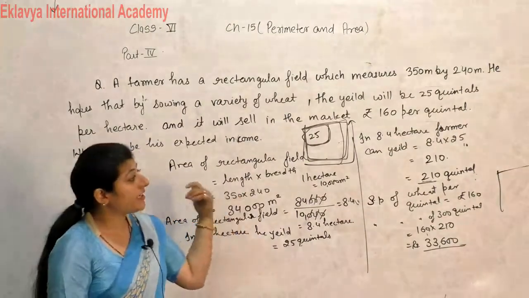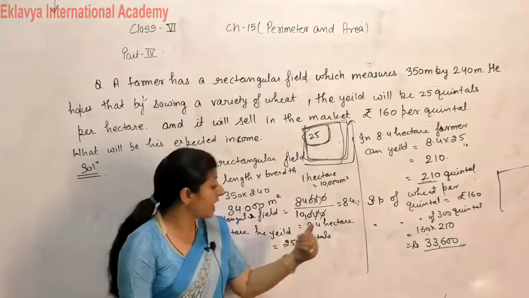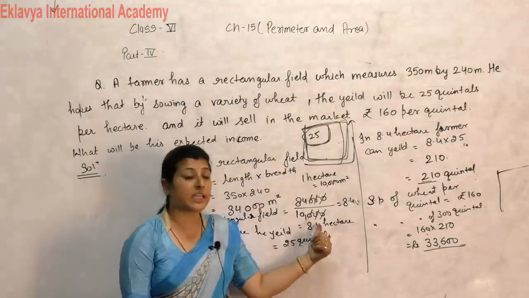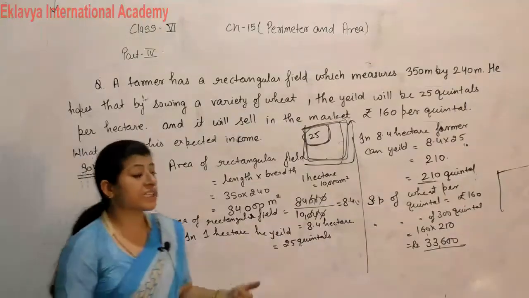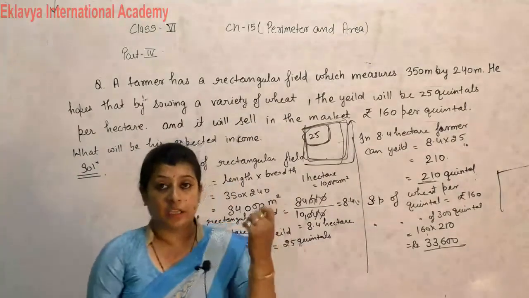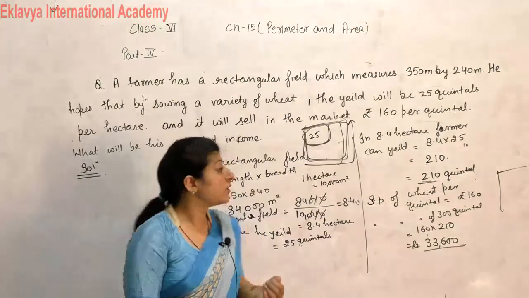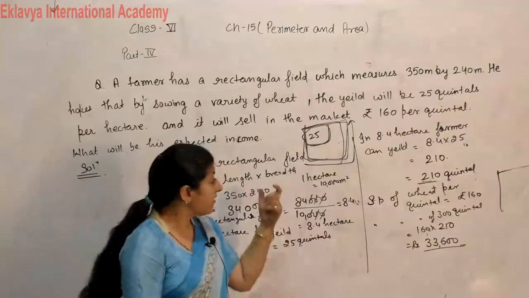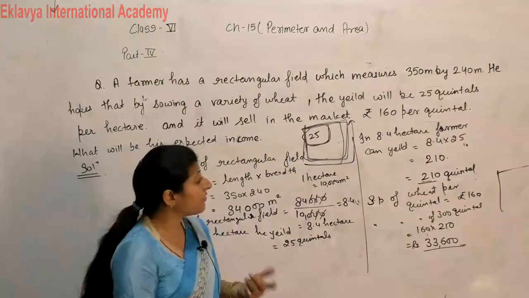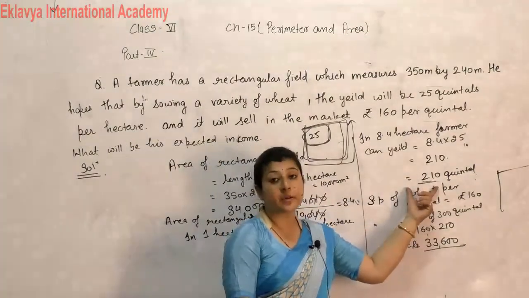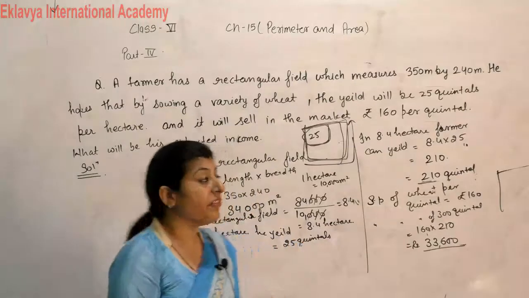But we are comparing with the hectare. Then what is the hectare? 1 hectare is equal to 10,000 meter square. Then for converting it, we will divide by 10,000. Then you will get 8.4 hectare. Now see, in 1 hectare he can yield 25 quintal. In 1 hectare farmer को कितना wheat मिल रहा है? 25 क्विंटल. तो उसका टोटल एरिया 8.4 हेक्टेयर है. तो टोटल उसको कितना व्हीट मिलेगा? That is 210 quintal.